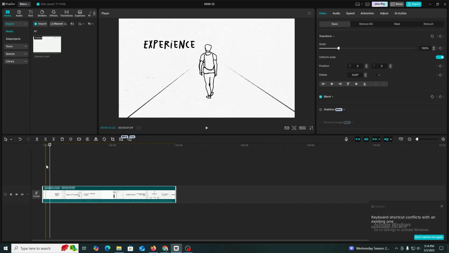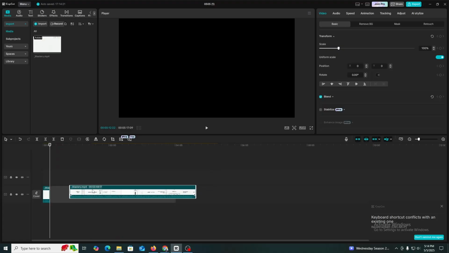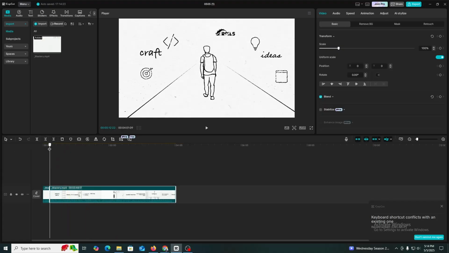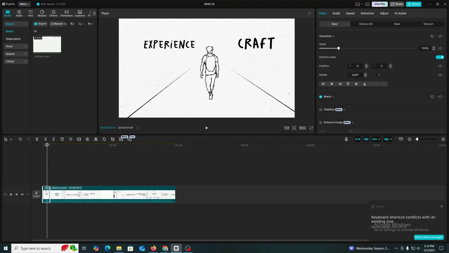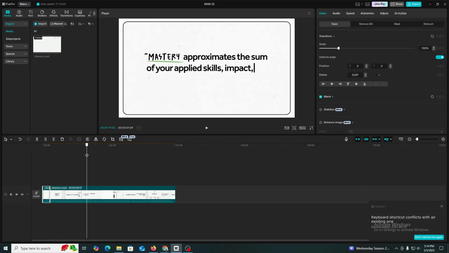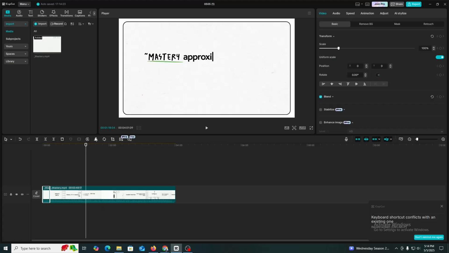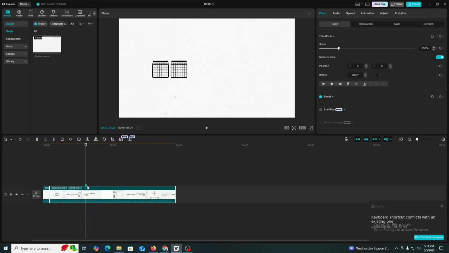If you want to split the file, just click over here. Now you can see that our file has been split, and if you want to delete this file, just select the clip and delete here. Or if you want to add something like this part, from this part to this part is really important, just click on the level function, select here and click level, and now you can